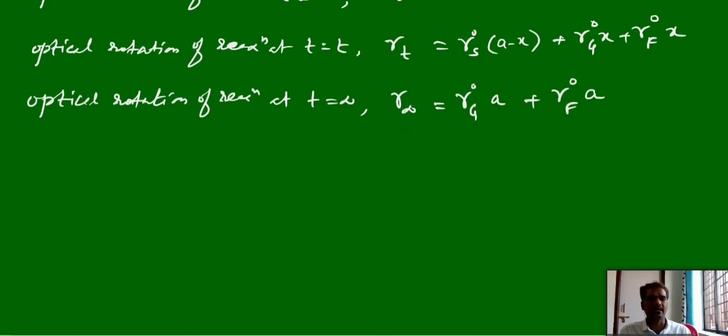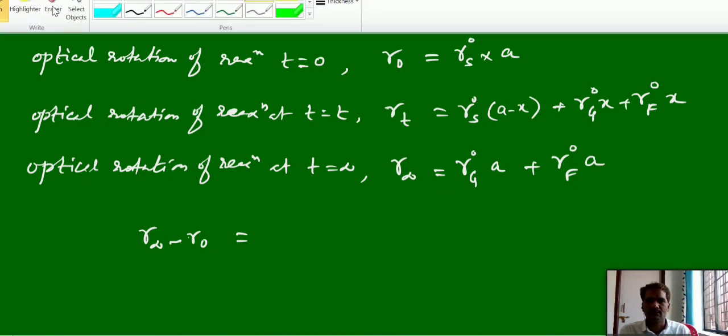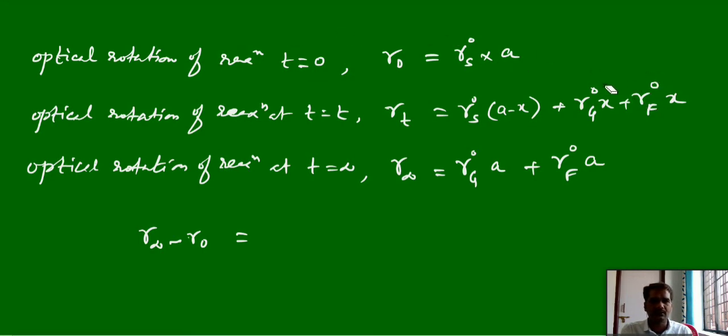Now we have to write the rate equation again, for which we require A and A minus x. What we will do, I will take it like this. Calculate R infinity minus R0 first. This is R infinity, R0. Here I wrote one; this is the fructose optical rotation, you will get negative rotation, specific rotation negative. I wrote positive there, that should be negative. Levorotatory, so negative. So R infinity minus R naught, the first one and the last one.